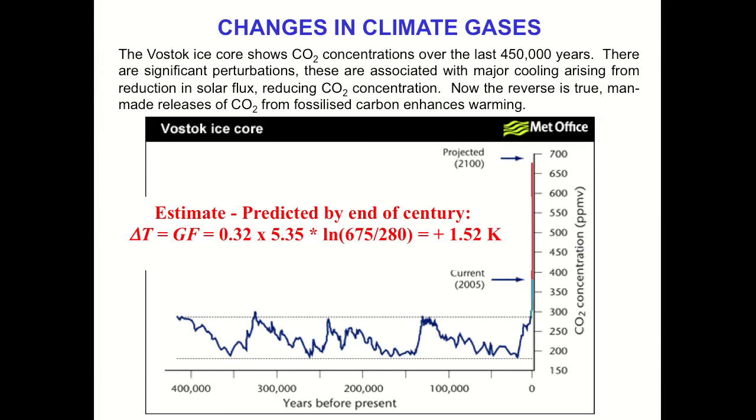And that model calculation estimated that under current scenarios of emissions, we'd end up with well over 650 parts per million of CO2 in the atmosphere by the end of this century, by 2100. So if we were to take that estimate of, in this case, 675 parts per million, compared to pre-industrial concentrations, the change in temperature just due to CO2 enhancement alone is going to be about 1.5 degrees Kelvin. Now that's a prediction based on a particular scenario, so there are uncertainties associated with it.